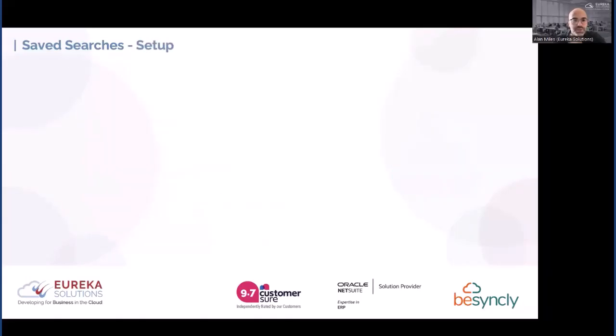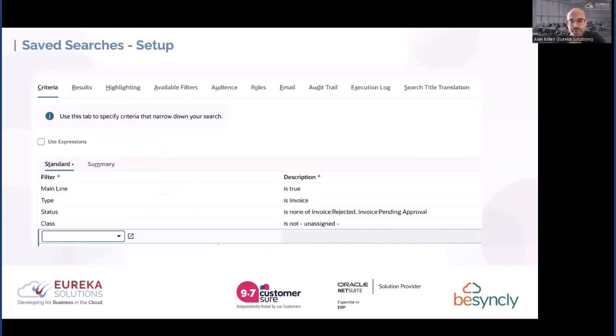So saved searches are pretty straightforward to set up. They can be quite advanced once you get into formulas and things like that. But for them, all we're doing is setting a criteria. In this case, we're looking at invoices. We just want to see the headline information from invoices, which is where the main line is true comes in. We only want to see invoice transactions, and we don't want ones that have been rejected or are still pending